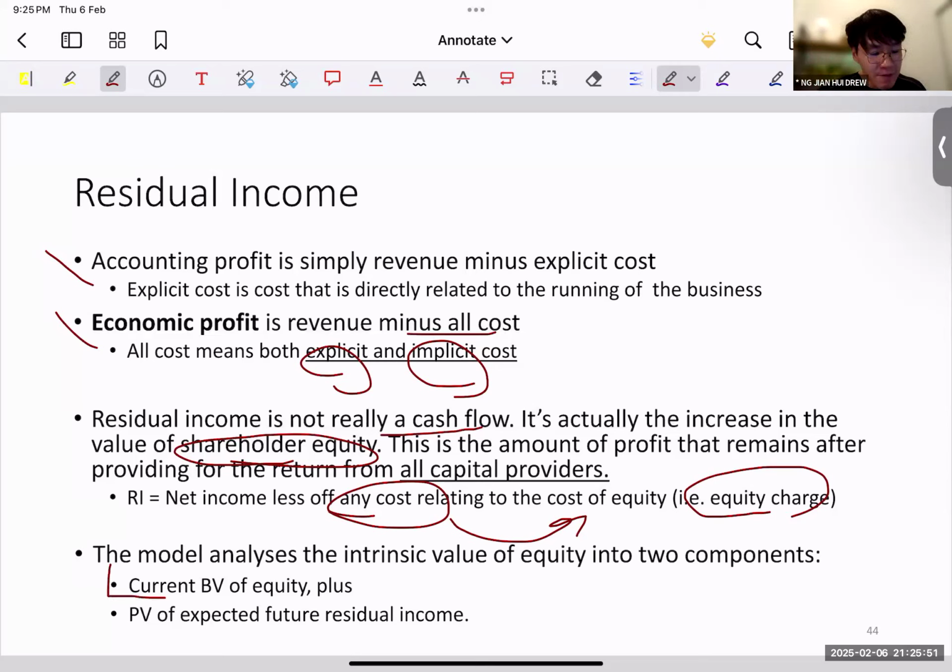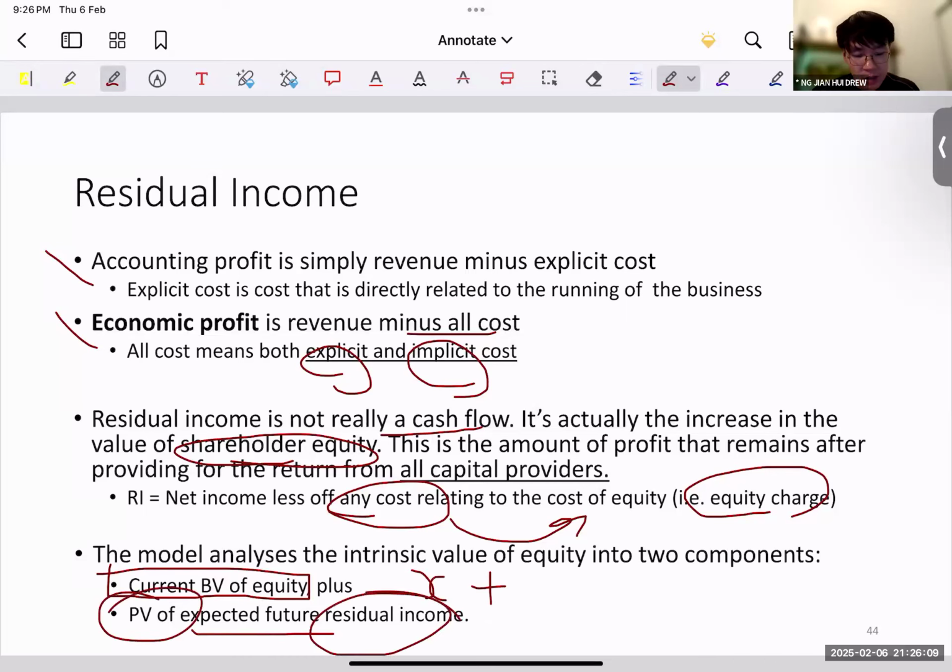First, we have the current value of your book value of equity. So you have a value here, right? Let's say X. Okay, let's rewrite this again. We have X. Then we need to plus all your present value of your residual income. So you add back all your present value. These are all your cash flows to this point here. And this value plus your base value of current book value, that's how you determine the value of your equity using this residual income.